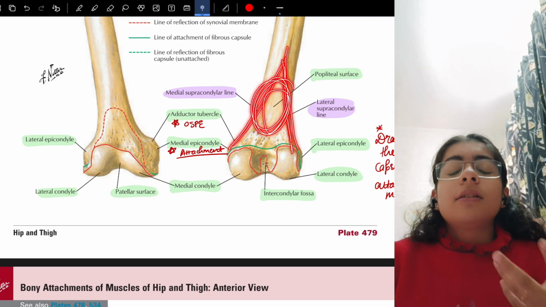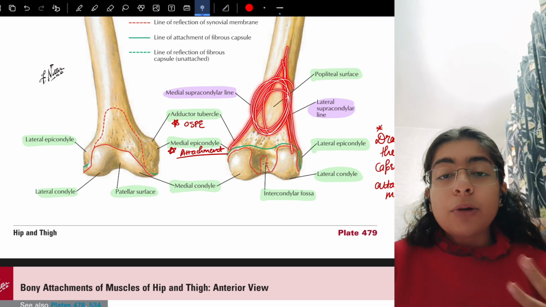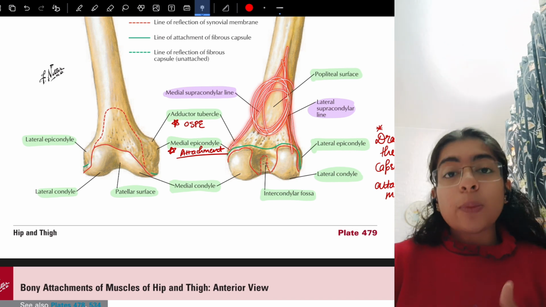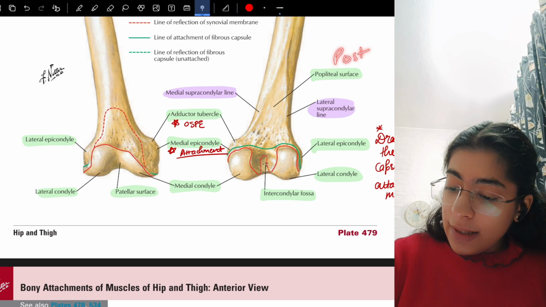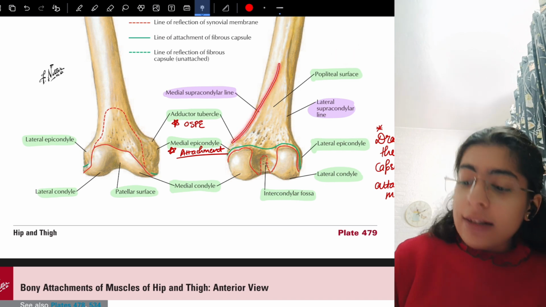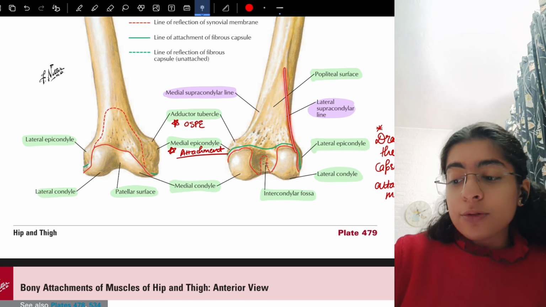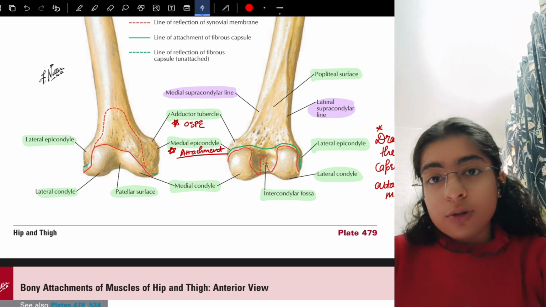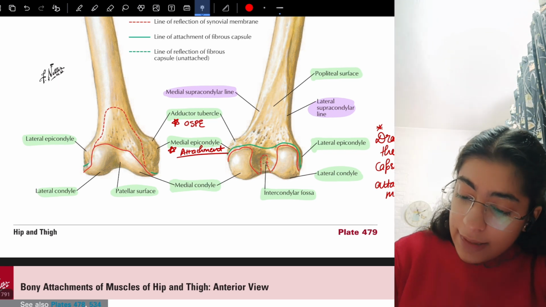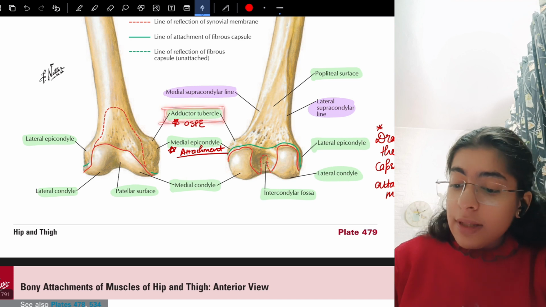Let's name it. In future you will learn about the popliteal fossa. So here is the popliteal surface, in the posterior view, okay? This is the medial supracondylar line and this line is the lateral supracondylar line, above the condyle, okay? It is superior to it, supracondylar. Next, this is the adductor tubercle. Now this can be